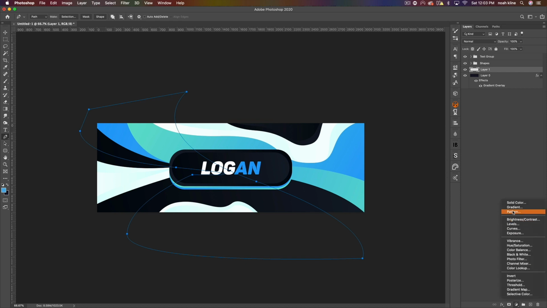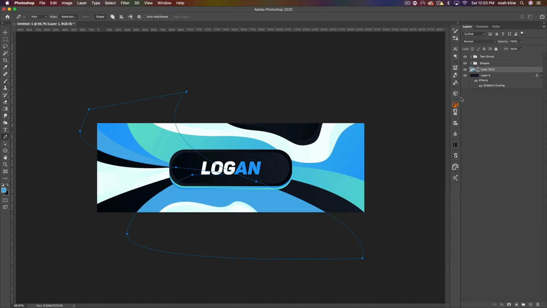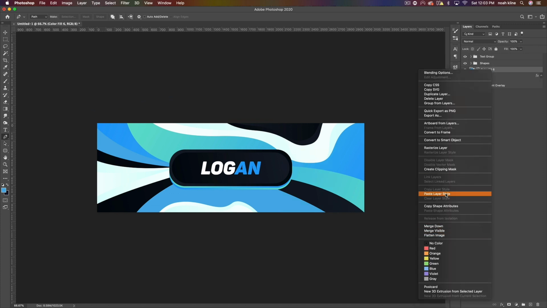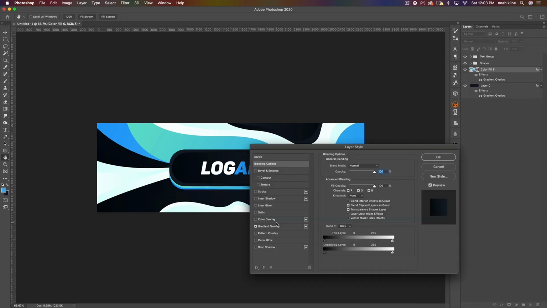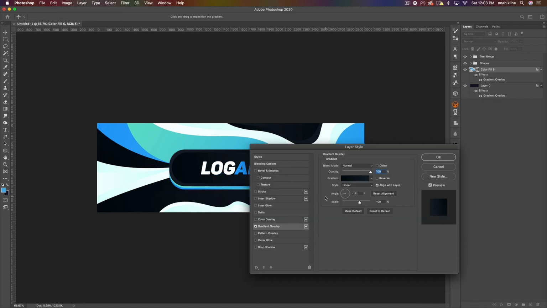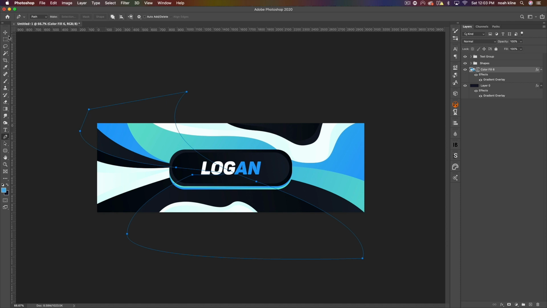And we can do a solid color here as well. Click OK, right click, delete path, and then copy the background layer style, right click, paste it, double click to open it up, gradient overlay, and flip it. Cool, now that's everywhere, and that background looks pretty cool, but obviously it's not going to be our finished background